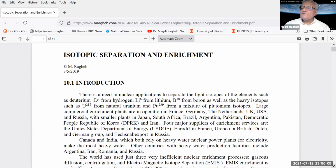Different isotopes from different elements have different properties. We know, for instance, that uranium-235, being an odd mass number isotope, 235 is odd, can fission more readily than the uranium-238, which is a more abundant isotope. So you find that there is a need to separate the uranium-235 from the more abundant uranium-238, in fact, increasing the proportion. In nature, uranium-235 is only 0.72%